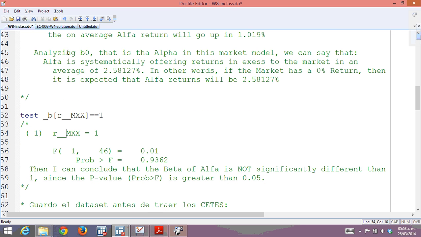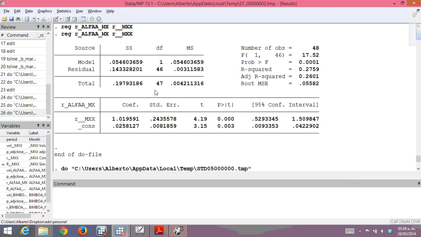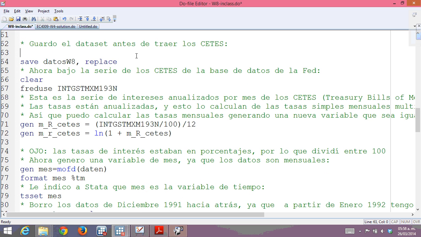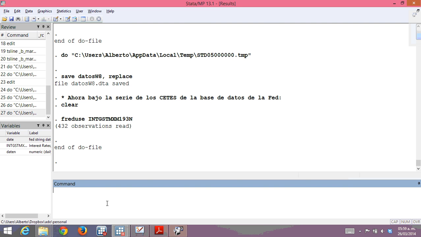Now I'm gonna save my data set. I had downloaded data from Alpha, Bimbo, and the market, and I ran a regression model, a market model. Then I'm gonna save the data in my disk, and now I'm gonna bring the Fred use dataset, the CETES from the Fred database, and you can